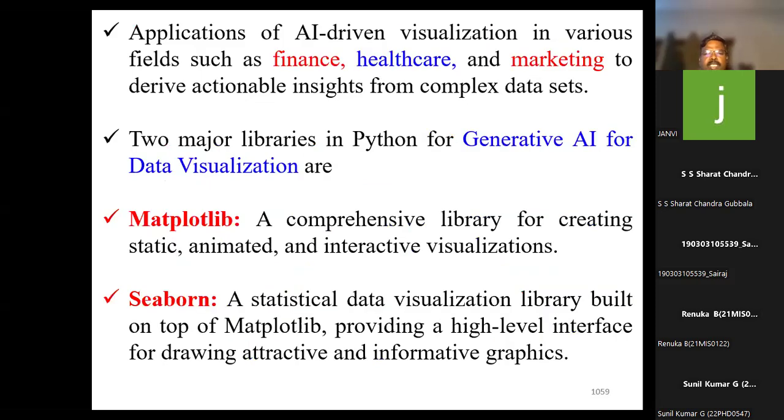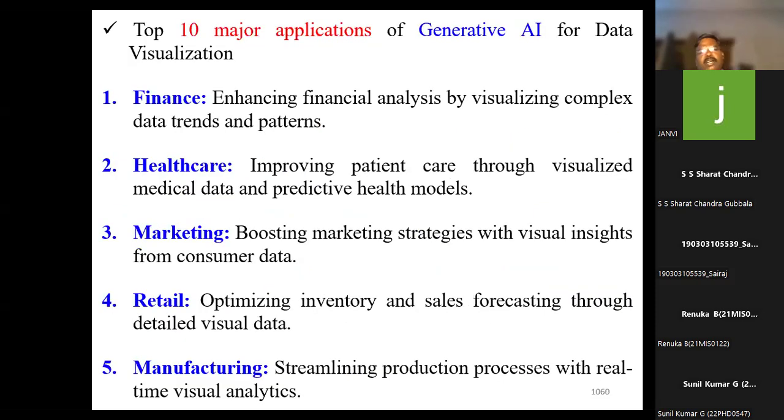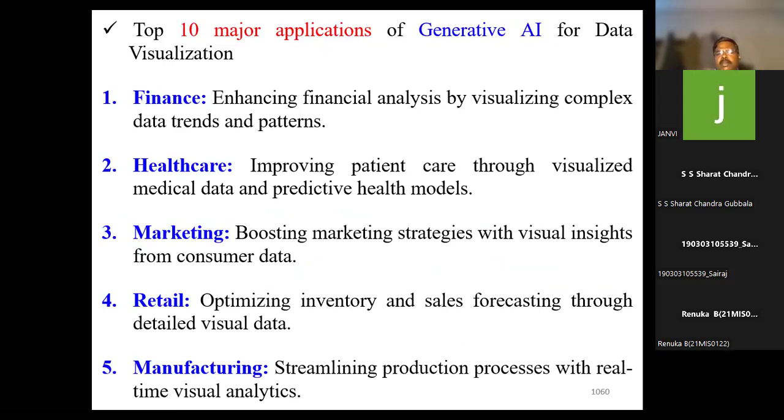And we are using two major libraries in generative AI. One is Matplotlib and the second one is Seaborn. Matplotlib for creating static, animated and interactive visualizations. Seaborn is a statistical data visualization library built on top of Matplotlib, providing a high-level interface for drawing attractive and informative graphics. These are the top 10 major applications of generative AI, like in finance, especially in stock market, financial